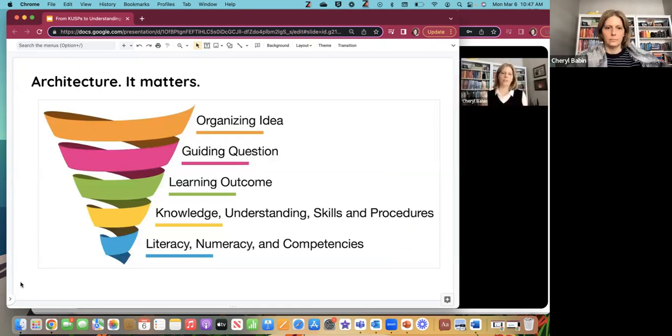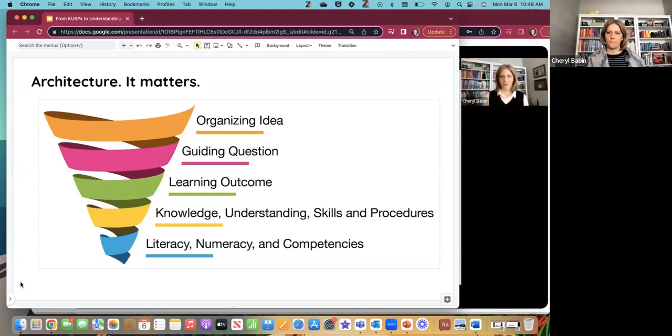I wanted to take a look at our Alberta context and the architecture of the curriculum. As Shelley has indicated, it's really important for us to understand the organization of this structure, how our curriculum is meant to be engaged with and how we might come to understand how best to get students to their targets and to their goals.